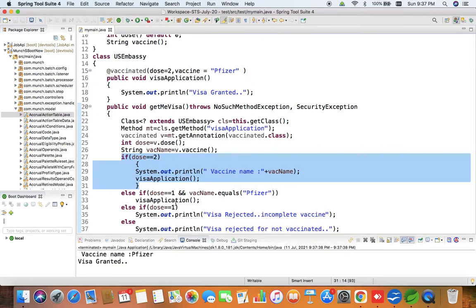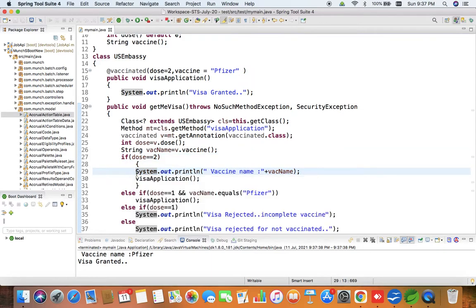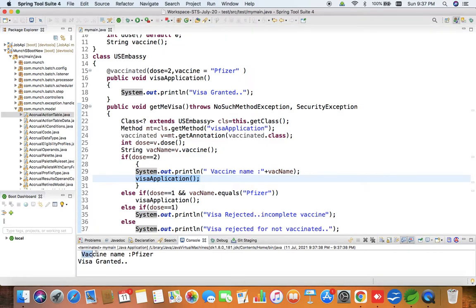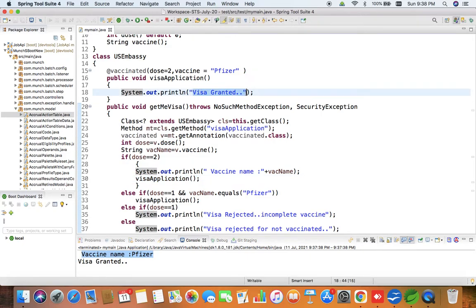So here you can see the vaccine name is Pfizer, meaning this line printed the output with the vacName variable's value, then the visa application method was called. So the vaccine name it printed, that's what the 2 lines of output you can see over here. Vaccine name is now Pfizer, and the line from the visa application method also came. So that is how we can go for using a multi-value annotation.